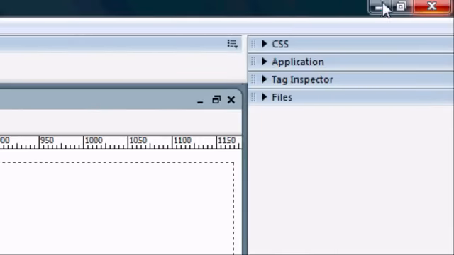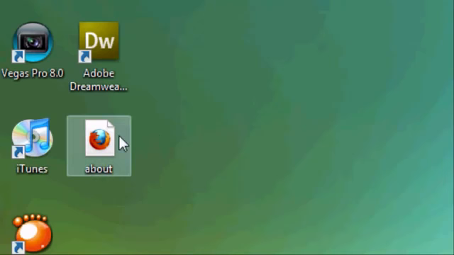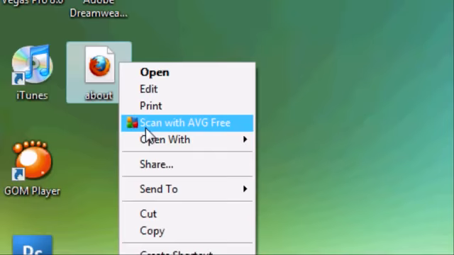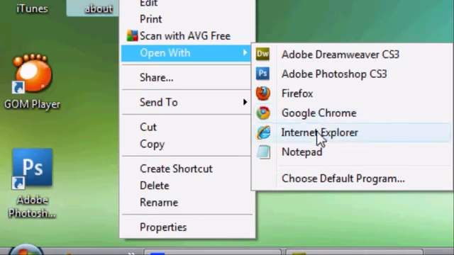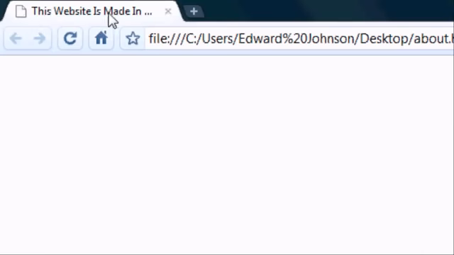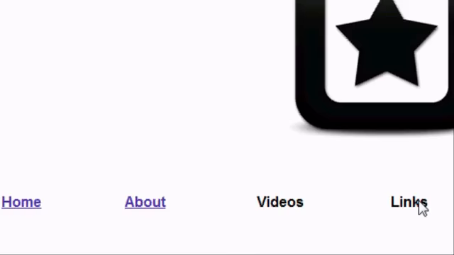And we can now minimize Dreamweaver, and on the desktop you'll see it's created a new page called About. So we can go ahead, we can open this up in our default internet browser. So for example, Google Chrome, and it's opened it up. We can see the image, we can see the title at the very top,